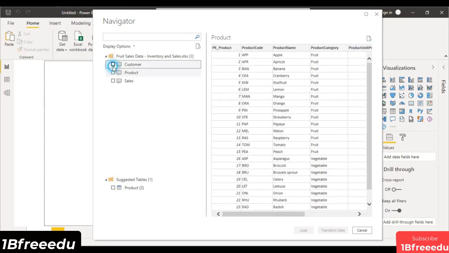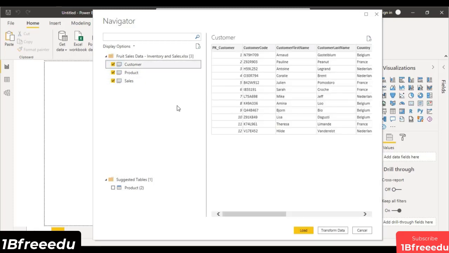So what we are going to do is select these three sheets and transform them, or work with them in the Power Query Editor, because there are three tables, or three sheets, that contain different kinds of information like customer information, product information and sales information. We want the whole information in just one table. Plus there are a number of things which we want to get rid of, like this customer code, which serves no purpose to us, so we want to get rid of it.